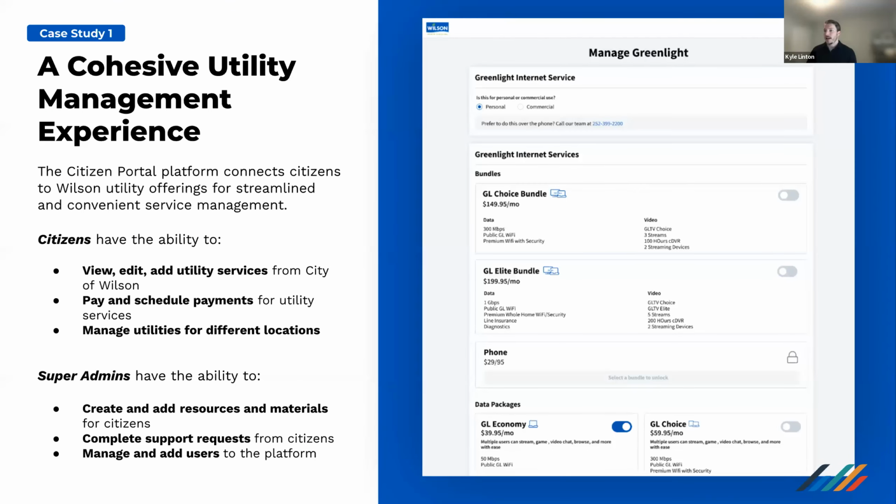All in all, this combined experience that we've built for them is a cohesive utility management experience. We've really tried to make it as user-friendly as possible and to create the logical flows through the application that are the most simple. It allows citizens to view and edit their utility services, pay and schedule payments, manage utilities, and then, like I mentioned before, super admins are able to manage that entire process.